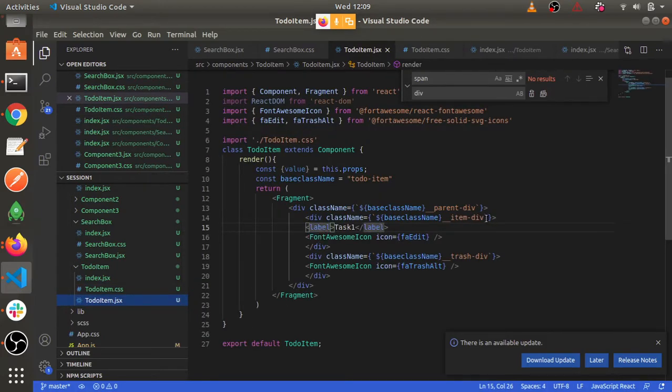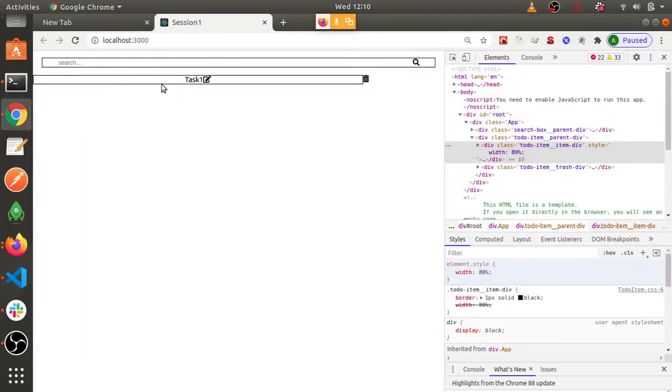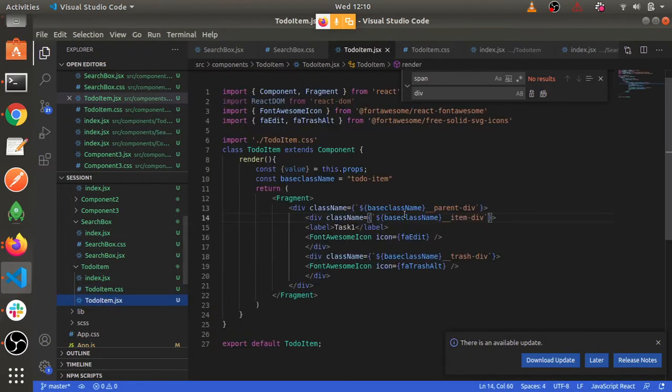Oh, this is item div, and here I have named it item span. Everything got changed when I changed that. Now it is taking that much part. Now the label has to take most of the part, right? So I'll give one class name to the label.